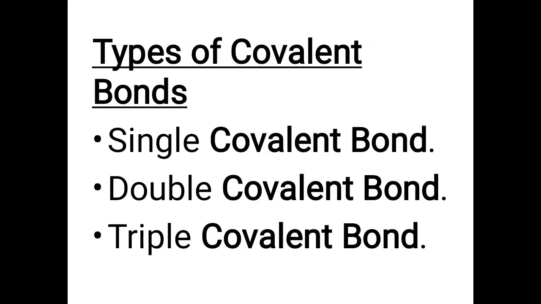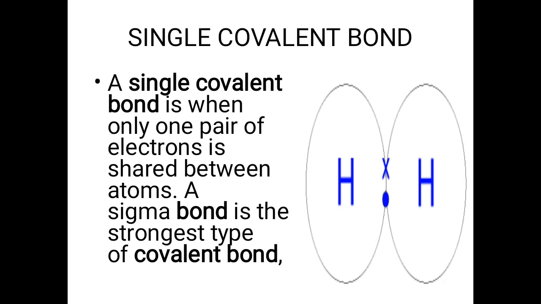So we see there are 3 possibilities in which the valence electrons are mutually shared: single covalent bond, double and triple covalent bonds. Now we will understand them one by one. As you can see, the hydrogen atom has only one electron, as its atomic number is 1, and this only one electron is residing in the 1s1 orbital.